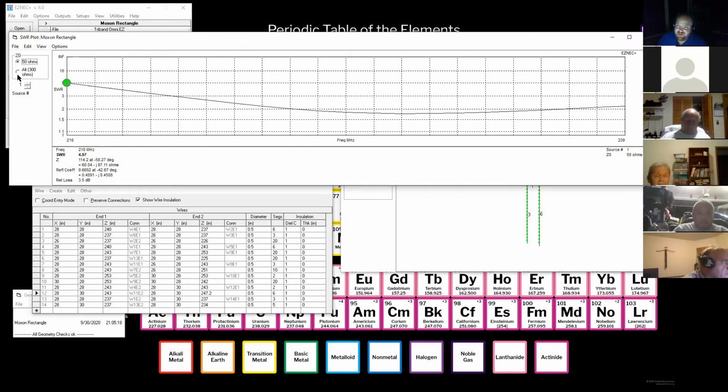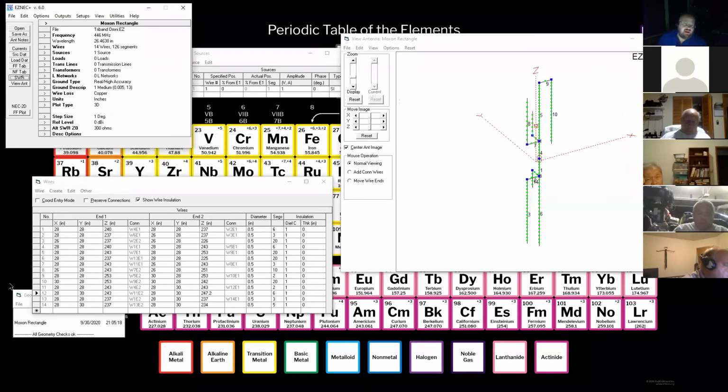That's all that's about. It's not that useful of a feature unless you're playing in HF land and you say, okay, I can feed this with ladder line, window line, or 300 ohm TV feed line. Because then you can put in the different ones and see how you match, because that can make a difference there. Let's see, we went over far field plots and SWRs, sources, created some radials, went over some geometry stuff,